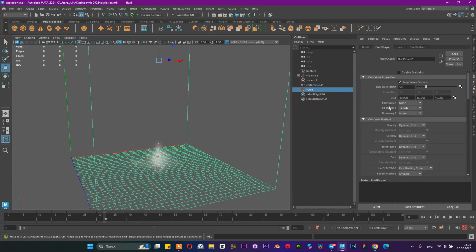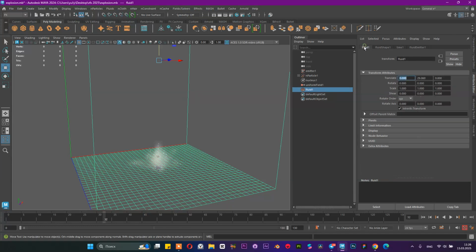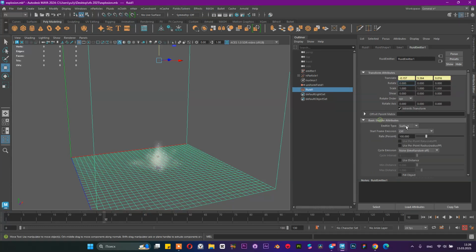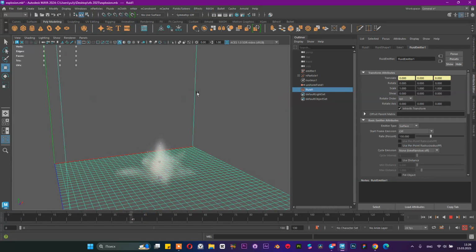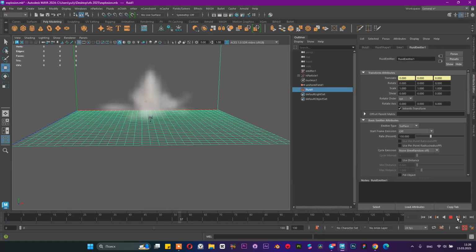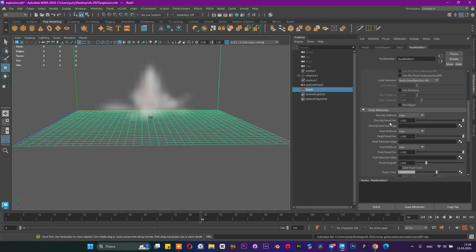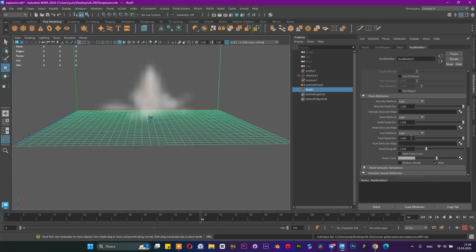In the fluids, we should also add some more. In the fluid emitter, we can increase the fluid rate, to get it more massive. Also, in the emitter, we can increase the voxels to 2, and